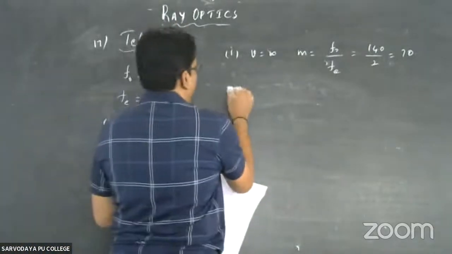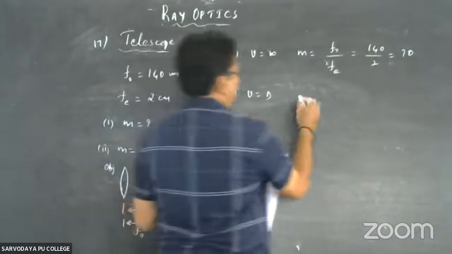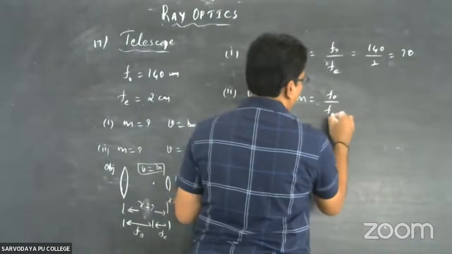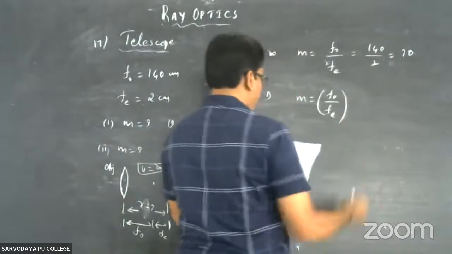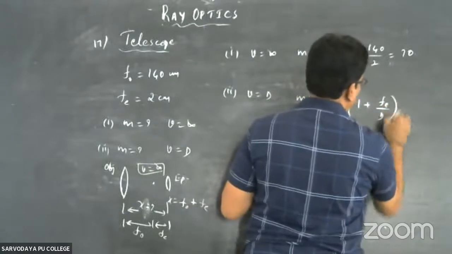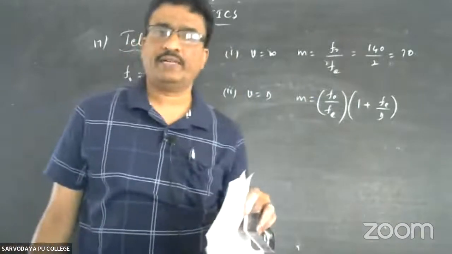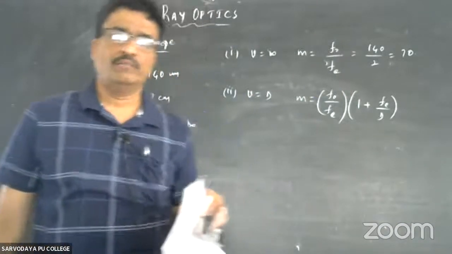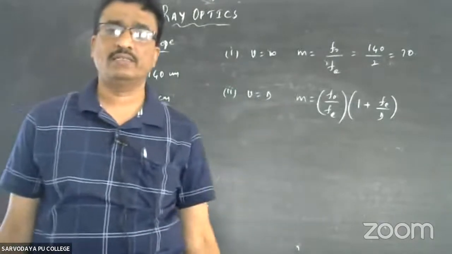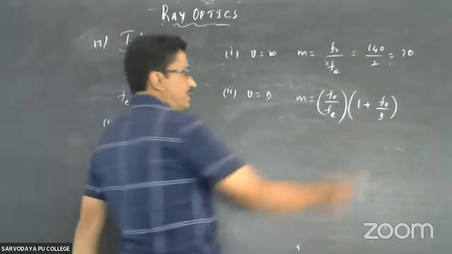But once V becomes equal to capital D, magnifying power becomes equal to f naught by fe into 1 plus fe by d. Okay, this is the formula that you will get. In fact, in the textbook it is not given, but in some competitive examinations the question has been asked. Therefore, I am writing the formula f naught by fe. The only thing here